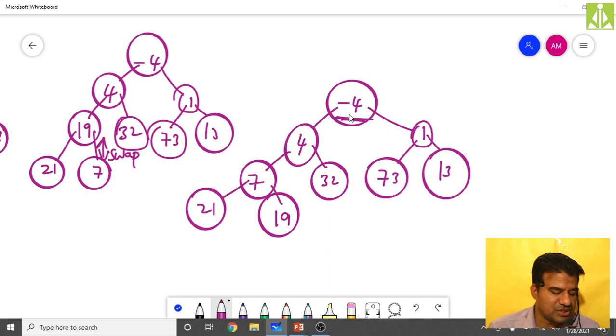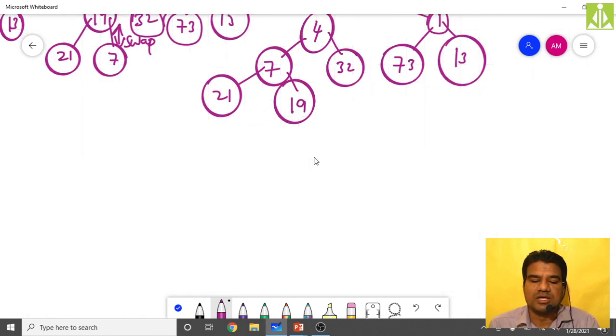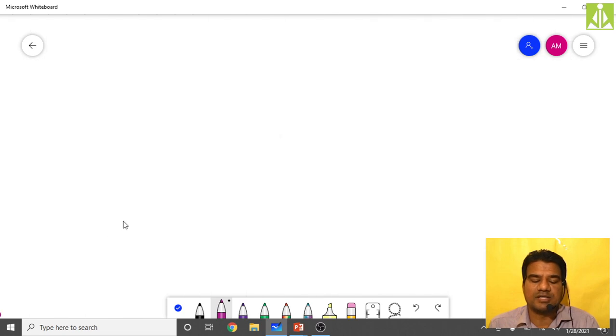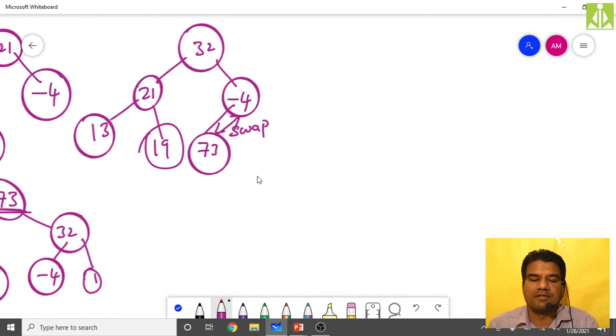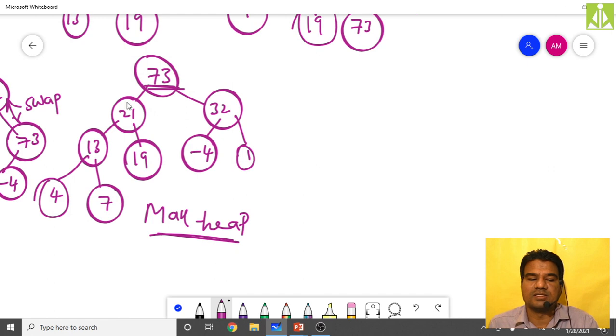Always the deletion operation will be performed at the root node and will go in reverse order. Okay. So first, let us assume you have a tree data structure something like this. So we will go to the max heap and we'll do the deletion. A max heap data structure like this one.